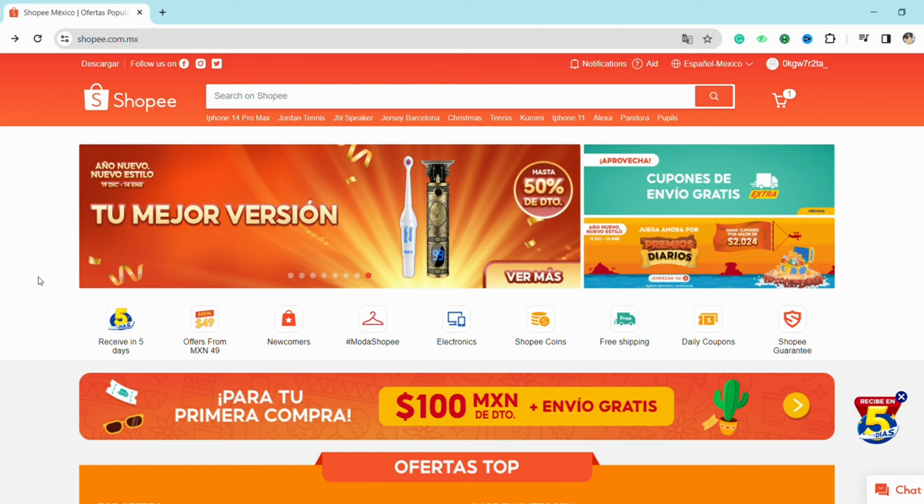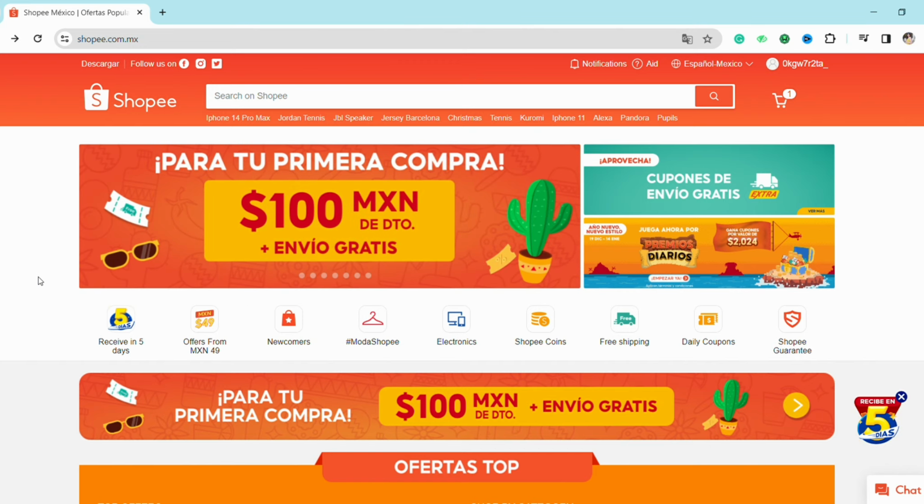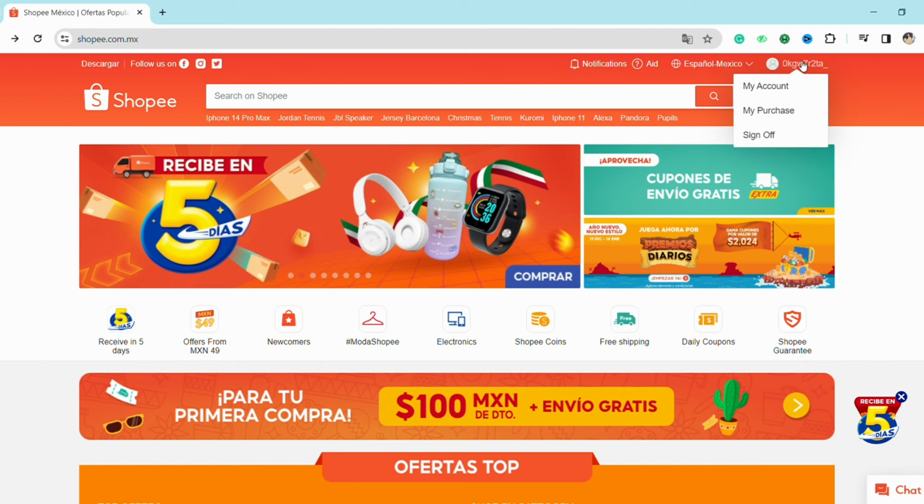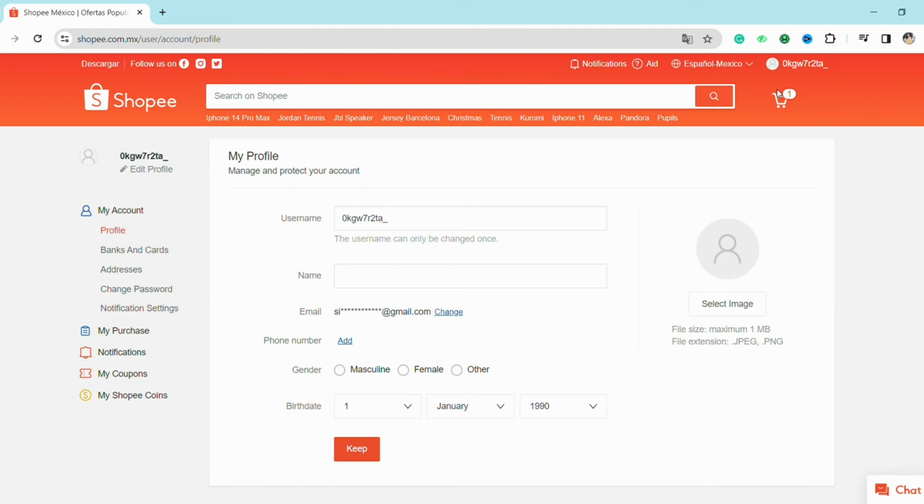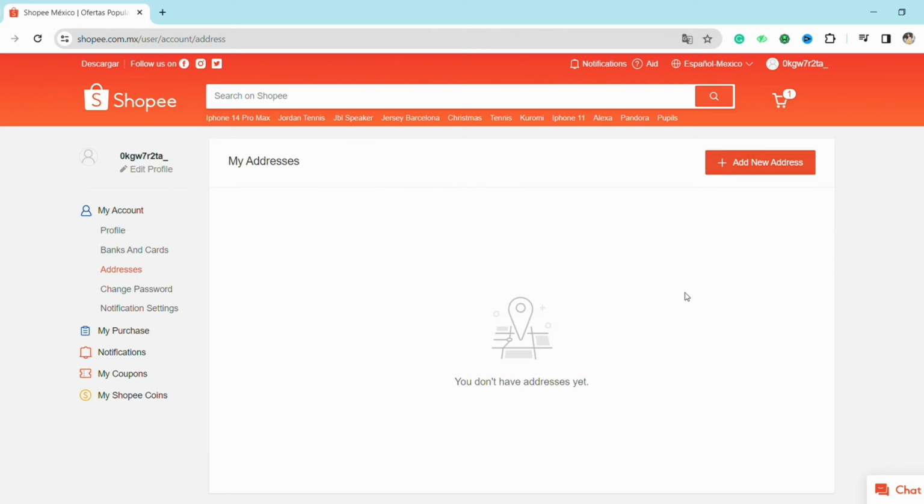So for that, just open the Shopee website on your preferred browser, and after that just go to the profile icon at the top right, and from there just go to my account. And here on this page you can see on the left hand side menu the option under my account called addresses. So just click on it, and now you have to just click on add new address from the top right,